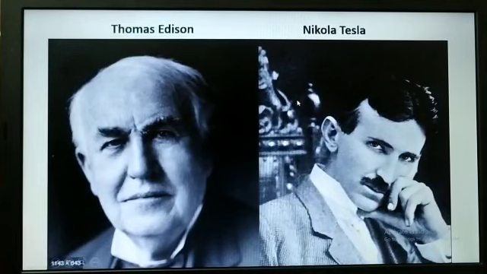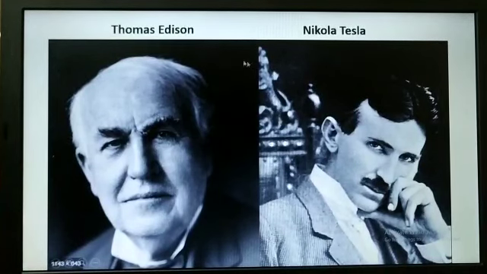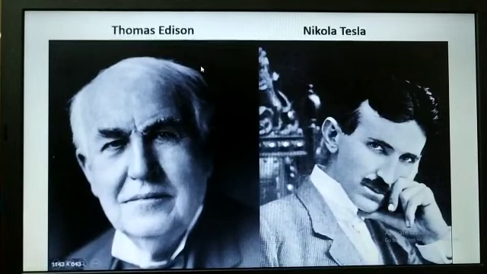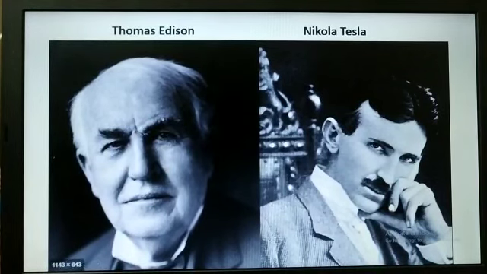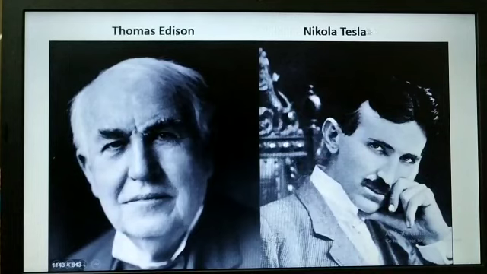Now, if you remember, or if you've seen this photo anywhere, this is Thomas Edison and this is Nikola Tesla. You can go and search on Google about the history between them. There was a situation called the current war. You can read more about it. Thomas Edison made some advancement in DC current, and Tesla made advancement in AC current. AC current is nothing but what we have in our house today, 240 volts, 50 hertz.